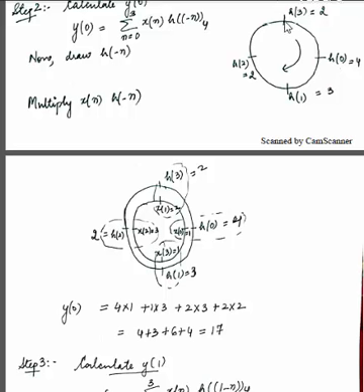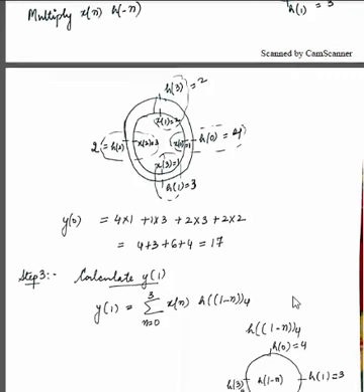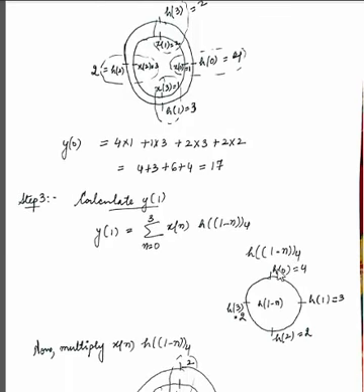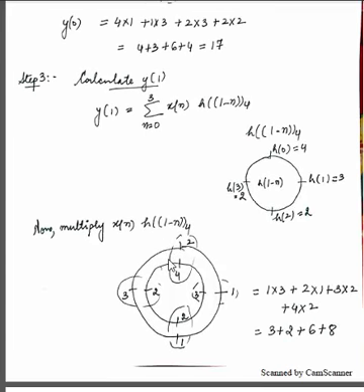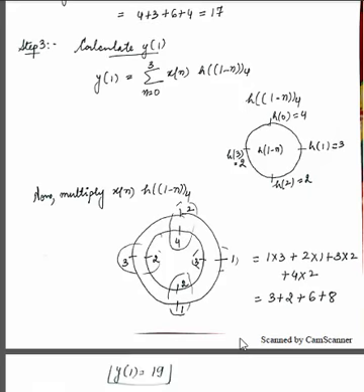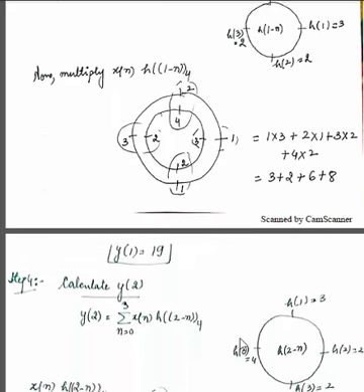Then h of 0 becomes at this position. H of 1 goes to this position in the same way. So h of 1 minus n becomes 0, 1, 2, 3. Now this h of 1 minus n is multiplied with x of n like this, and then we do sequence by sequence multiplication, that is 1 into 3, 2 into 1, 3 into 2, 4 into 2. It becomes 3 plus 2 plus 6 plus 8, that is equal to 19.